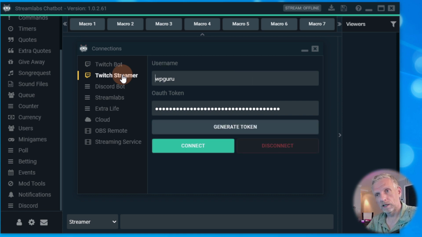When you install it, it'll ask you which service you would like to run this on. So it'll say, okay, I'm running this on Twitch, I'm running this on Mixer, I'm running this on YouTube, and the options inside will be unlocked differently. You can also redo that if you're saying, well, today I'm streaming to YouTube, tomorrow I'm streaming to Twitch. You can relaunch it. It's just that the configurations are going to go out of the window for some reason. I don't know why. I don't know much about these things. I just install them, try them out, and think, oh, that's what it does. So let's connect my streamer account, which is this. Connect.